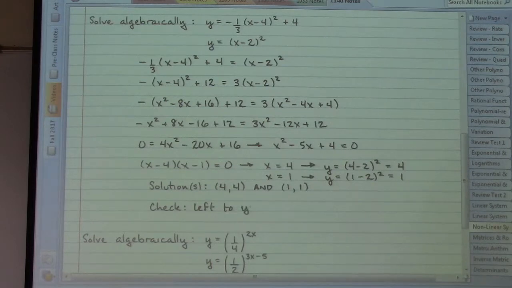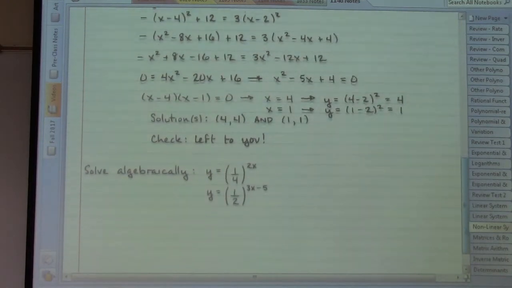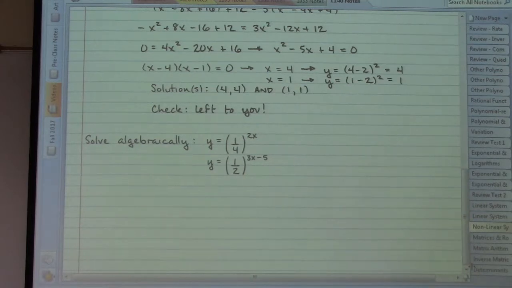I'll leave it to you to check those against the original top equation and the original second equation to make sure that both points work in both equations. You should find that that is the case. And while it's a different type of equation to solve, a very similar sort of way of setting things up originally, we have another situation where with y equals and y equals, we can go ahead and begin solving an equation